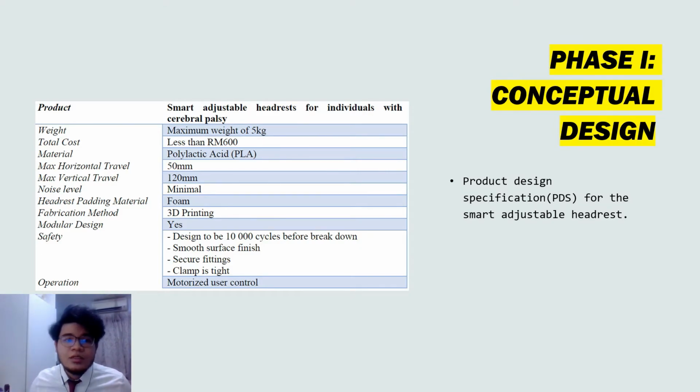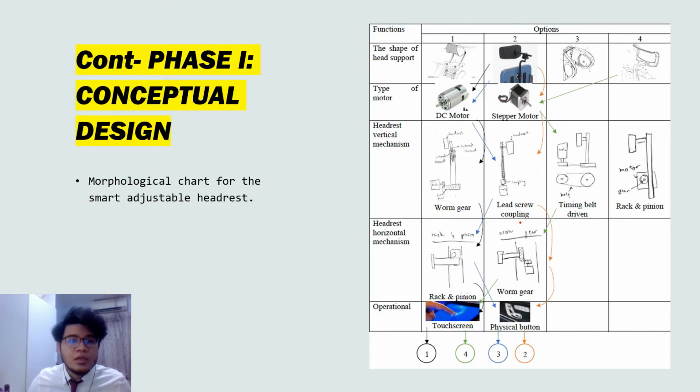Firstly, this is the product design specification that I have to do, and this is the one that I'll be referring to. Alright, so this is from the PDS. I've already established a morphological chart from going through all the patterns about the mechanism and all. So this is what I have already established, the conceptual design based on the PDS